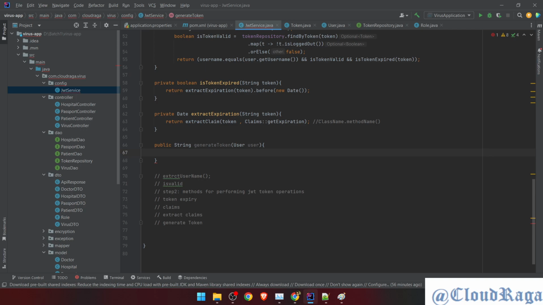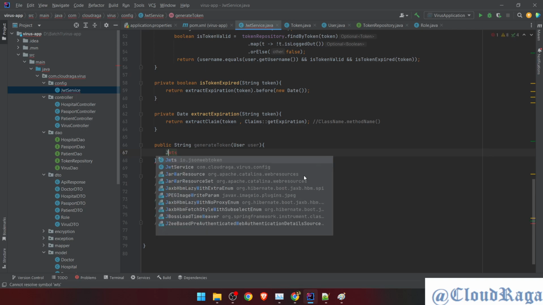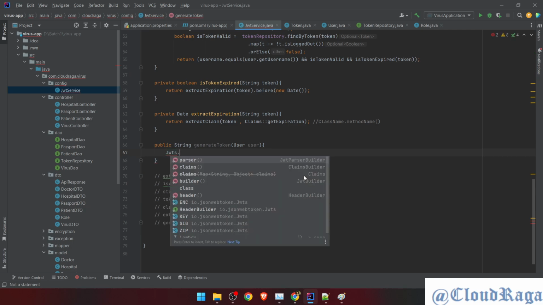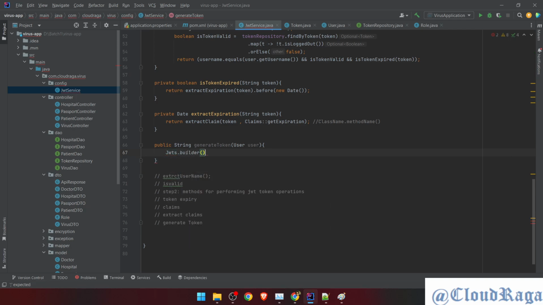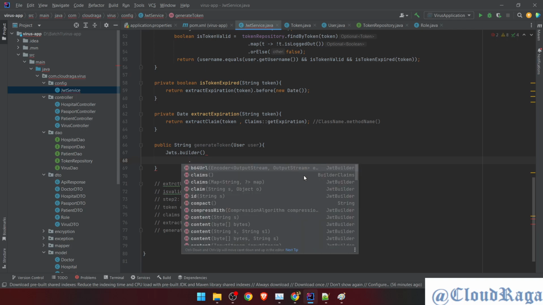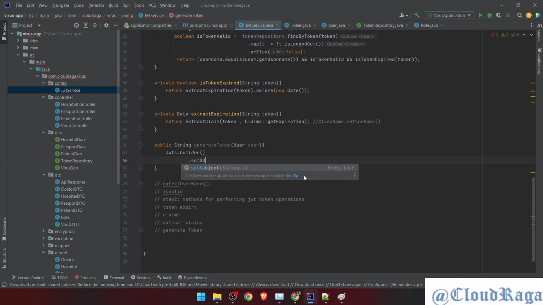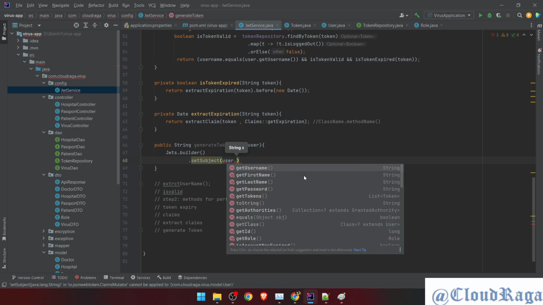Okay, then we will use again that same class, JWTs with capital J, dot builder. Always use builder. Then after that we start the operations. So first thing we need to use is setSubject. Oops, why is it showing this way? Okay, we will see. And say username, user.getUsername(),